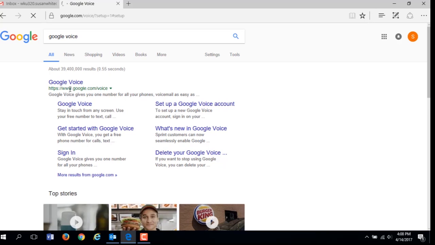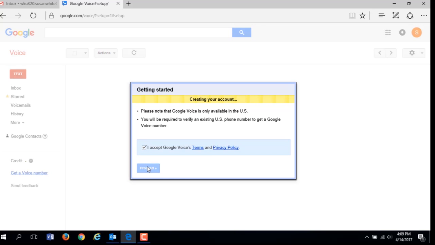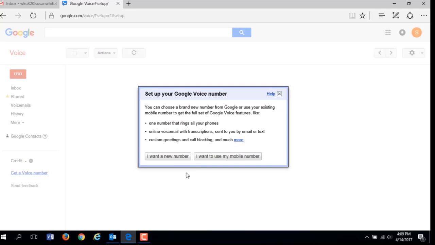It's google.com/voice. And because I'm already logged into Gmail, and Google owns Gmail and it owns Google Voice, it says, hey, welcome. You want to get started. So I have to accept the Google Voice terms of service and privacy policy. I'm going to hit proceed, and then it's going to say, do you want a new number, or do you want to use your mobile number and make that your Google number? I'm going to try and get a new number,